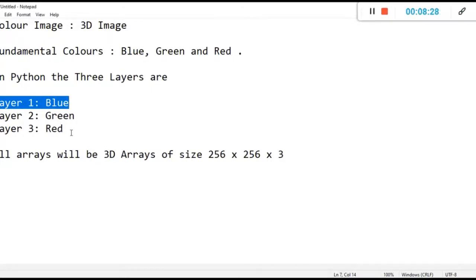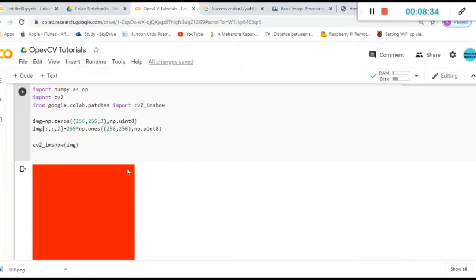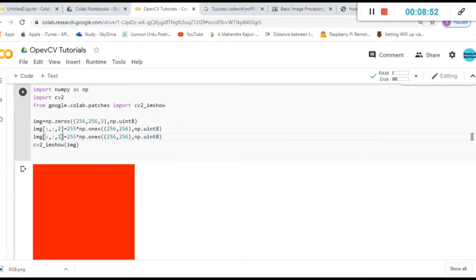Now if you want to get any other color apart from blue, green and red, we just have to make a sort of combination. So I'll just copy this particular line, paste it here, and instead of giving a layer 2, I'll give a layer 1 here. So what I have done is in the layer 2 I'm making all ones, and in the layer 1 I'm making all ones.